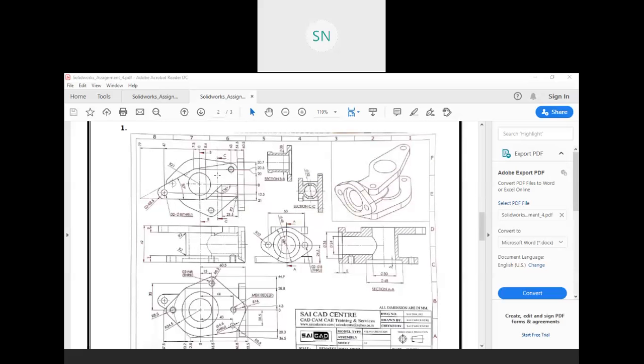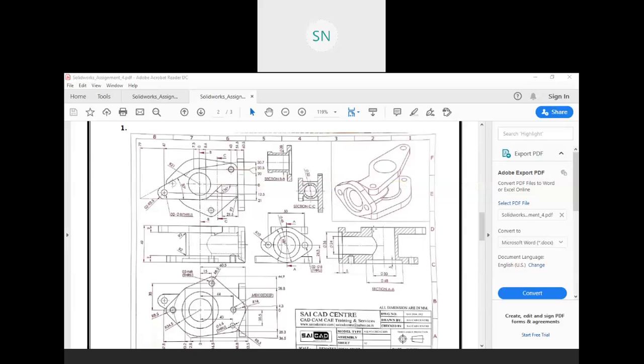So this section CC is taken from here. This small pipe has 32 OD and 24 ID. Okay. So what is the thickness of this pipe? And the next section BB is taken from here.